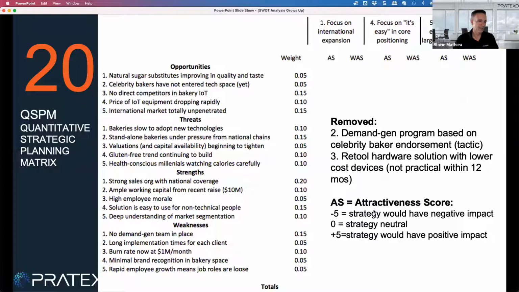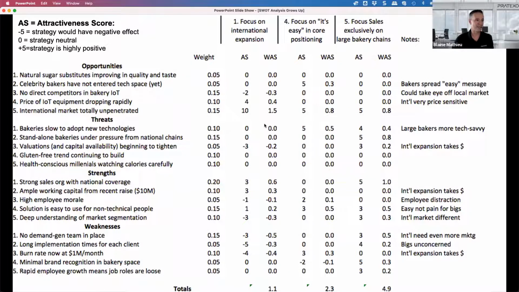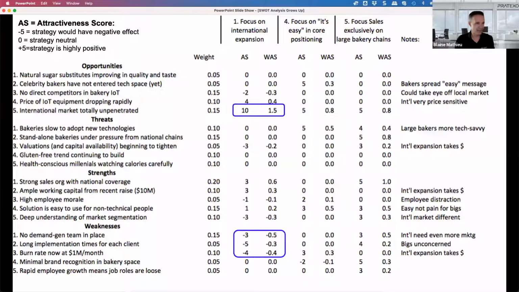And then we're going to set an attractiveness score. The attractiveness score is just a simple grade for how much impact doing this strategy would have on taking advantage of this opportunity, ameliorating the threat, building on a strength we have, or addressing a weakness we have, okay? And again, the method for figuring out these scores is not machine learning and a big, complex algorithm. This is just a bunch of smart, independent minds getting together, doing their private ratings before groupthink takes place, and then you start sharing your results and putting the averages up on the screen. And I've done this exercise many times,